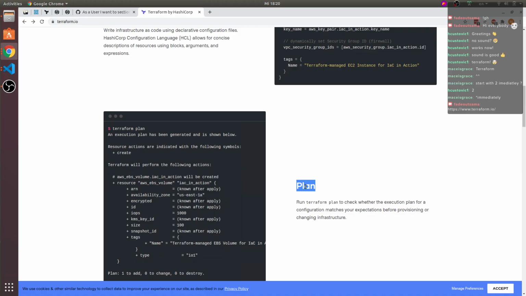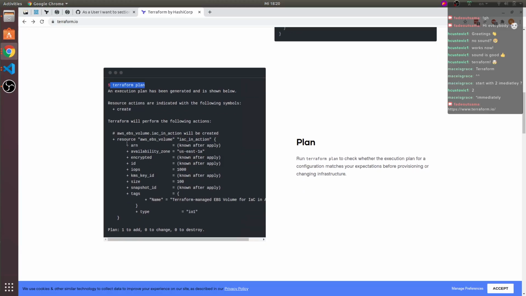Then you hit terraform plan, and it prints out what it will do. Everything that changed will be displayed here. In this case, there's just one instance that is created, so there is nothing to change or to destroy. And then, well, you read through it.